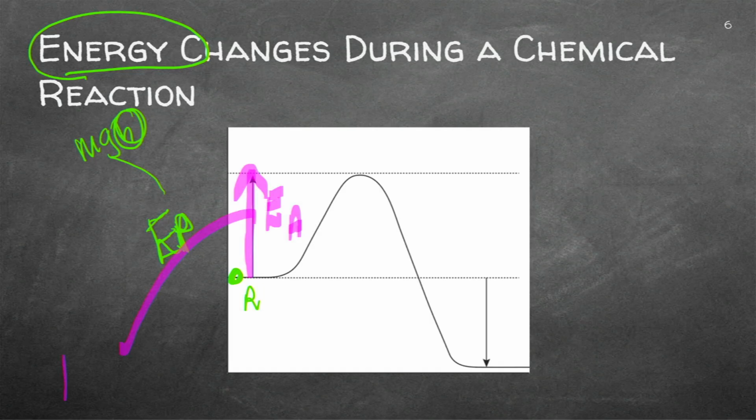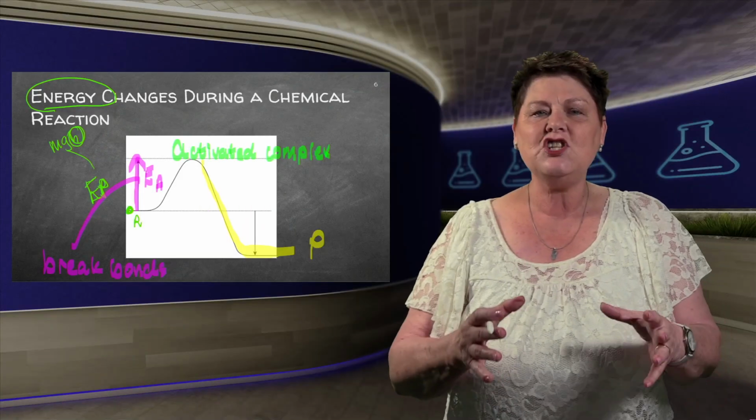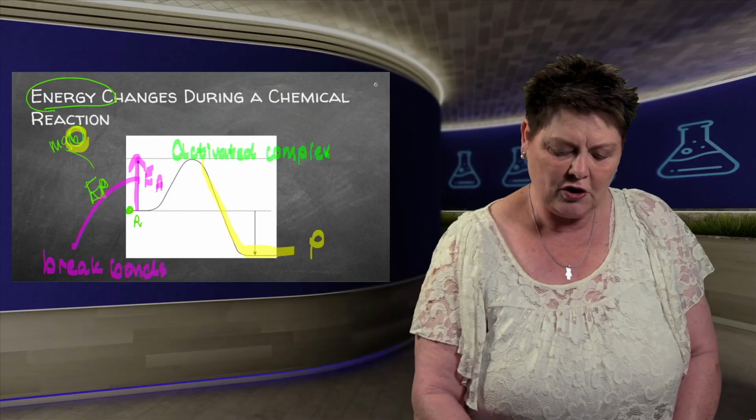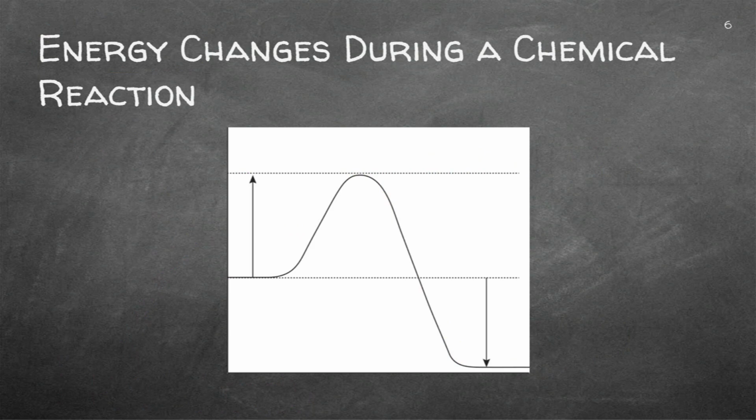What we actually do is we break bonds. So we break the bonds that are existing. Then we get to this part here. This is the activated complex. It's the highest point, it's the maximum energy that it has, and then you'll see it will release energy to form the product at the bottom. So that's the changes in energy. And if we go back to the concept of distance, here they are a certain distance apart, and here they are a certain distance apart. Right, if we just quickly clear this slide, you'll see it starts up here and it ends down there.